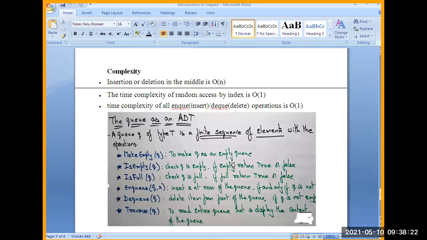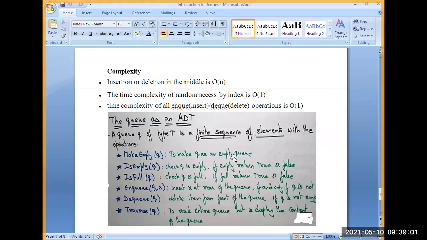Next see here, next one is stack as ADT. Okay, clear students? So just remember the definition.